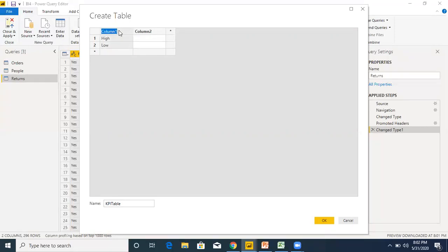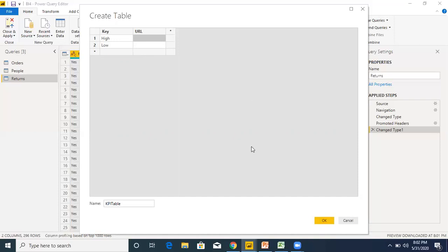So I will use key as the name of the column, and here I will use the URL for that particular image. If it is a high value for that city, that will be indicated by an upward arrow. If it is low, it will be indicated by a downward arrow. That is what I want to show as a KPI.